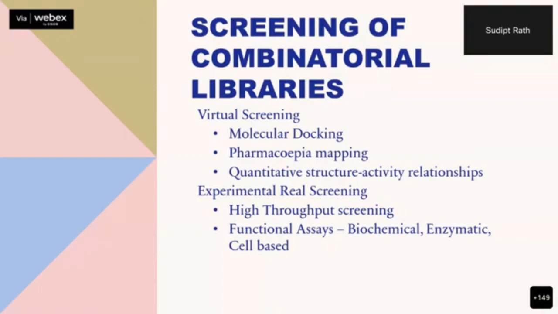So there are biochemical functional assays, then enzymatic functional assays, then cell-based functional assays. What it means is that after these compounds pass through all these software, they create a simulated biochemical environment, like the human physiological biochemical environment, and try to see whether this drug is actually changing the biochemical environment of the simulated human biological system. Similarly, whether it is impacting the enzymatic ecosystem of humans that has been isolated. And finally, cell-based studies also are there, which are popularly known as cell line studies. This is how modern drug discovery